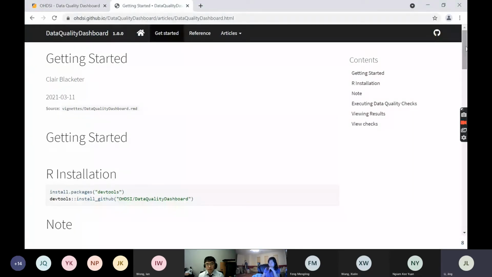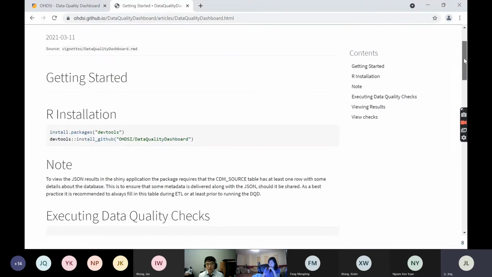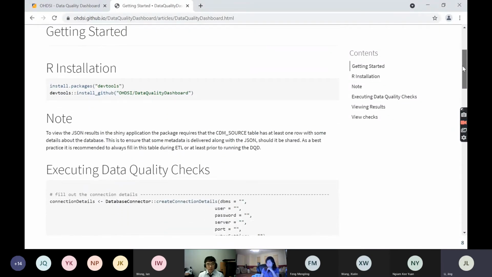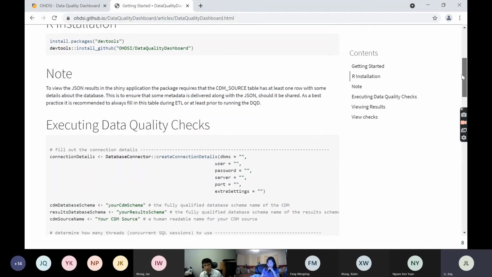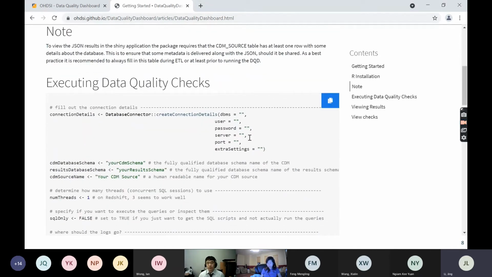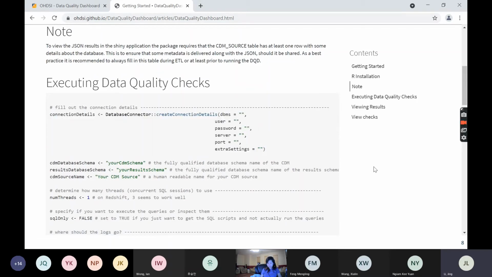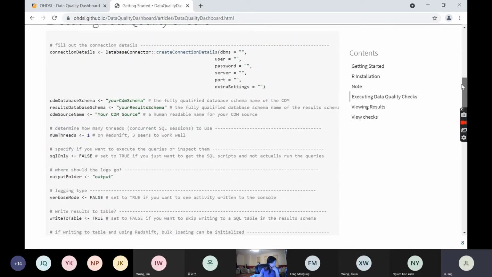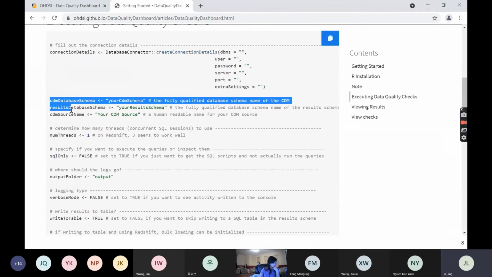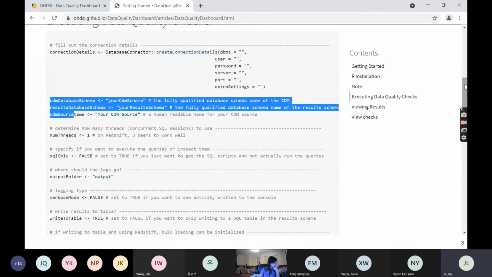What you're seeing now is the official data quality dashboard documentation. Here you have information on how to install the data quality dashboard and how to execute the data quality checks. First, you will establish connection to your database by keying in the username and password. Then you set up your schema details. Then you set up your